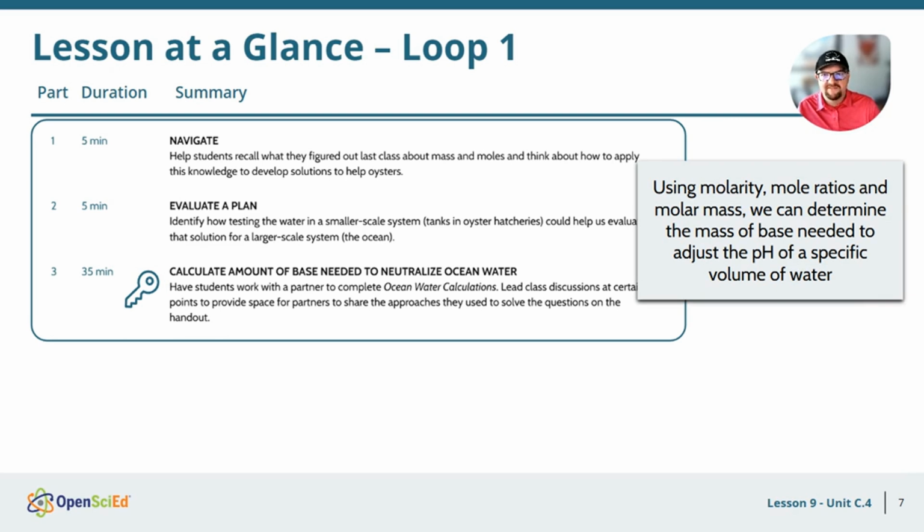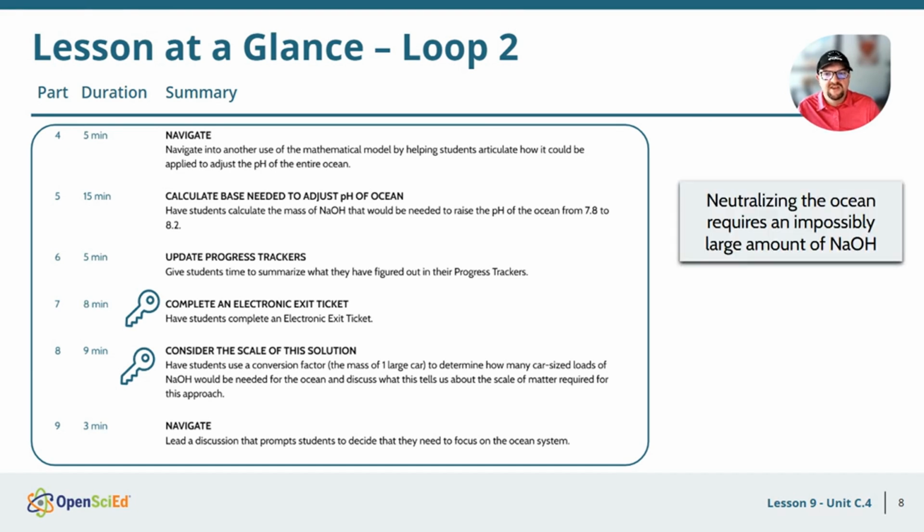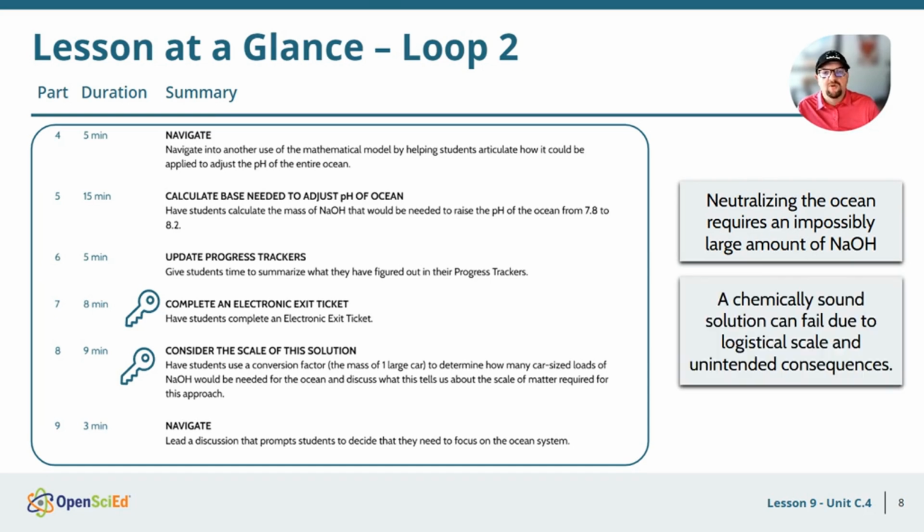the entire planet. During the second loop, students independently apply their calculations to the staggering volume of the ocean, 1.34 times 10 to the 21st liters. They crunch these massive numbers and figure out that while the math works perfectly on paper, the physical scale destroys the feasibility of the solution. It requires an impossible 250 million carloads of sodium hydroxide. This realization triggers a shift where they look at this engineering problem and wonder what alternative biological subproblems we need